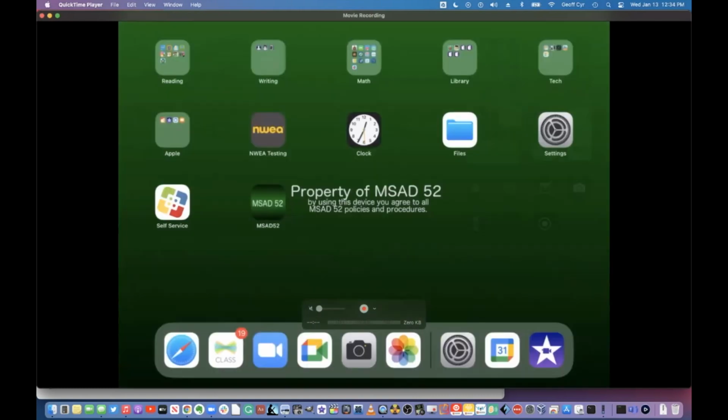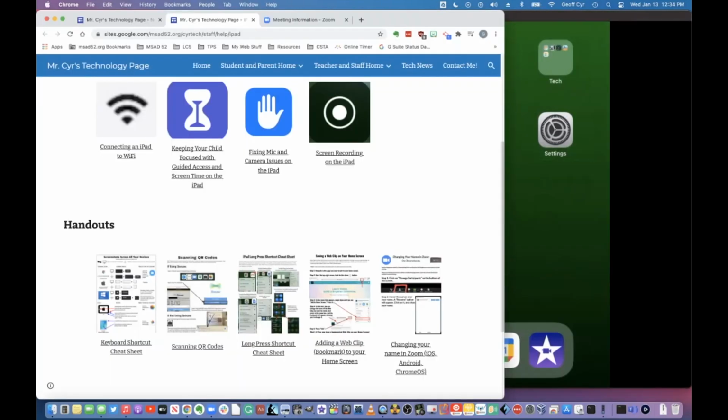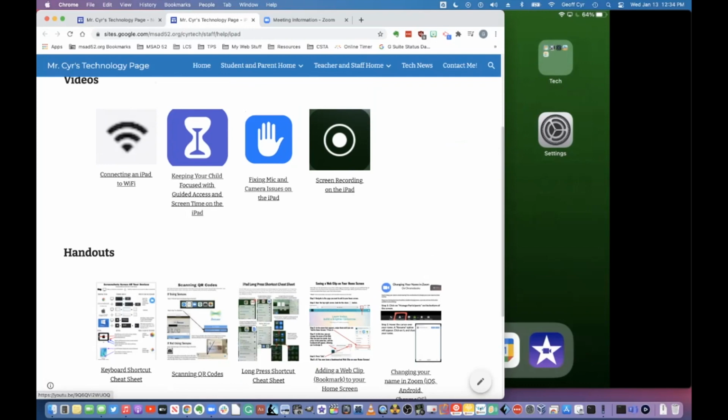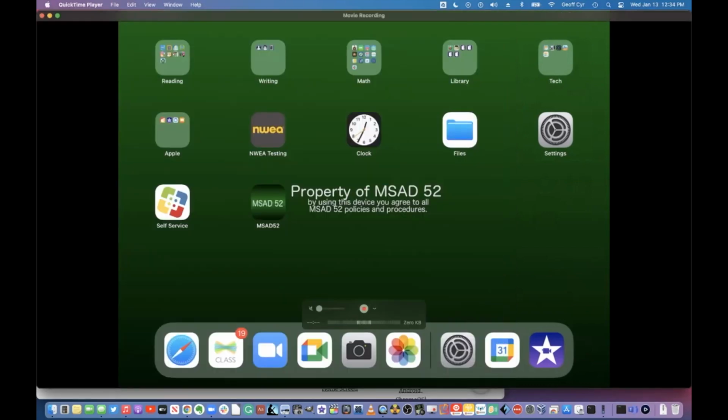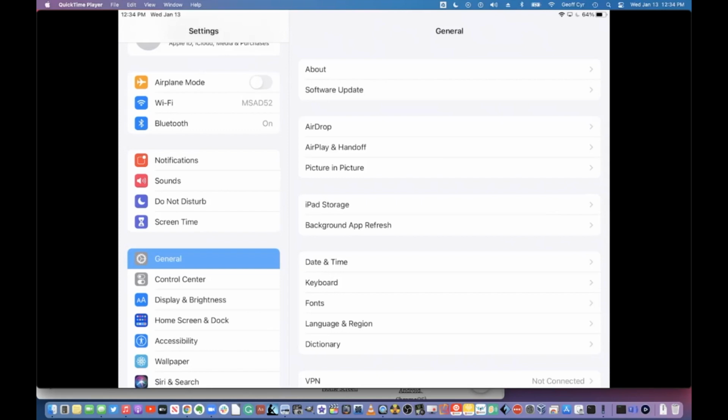So I did want to take some time to show you how to, first of all, get this icon here, and then how to use it to record your screen. So we'll go over that. And then, like I said, on my website, I have a video that will show you that too, because I actually won't be able to show you all of the components of it. But if I go to settings, back to the settings app,